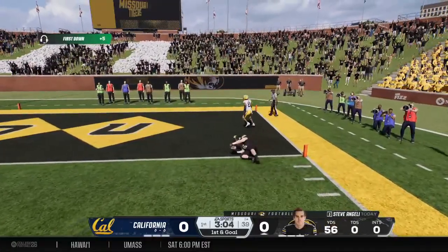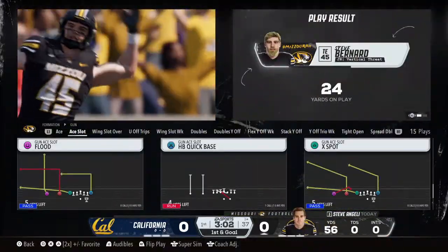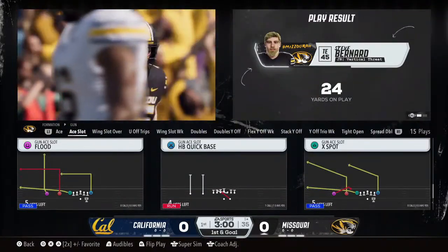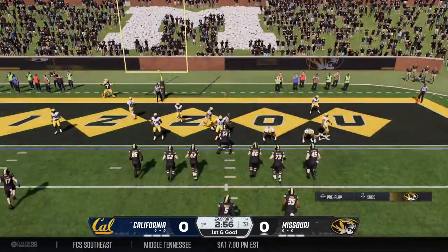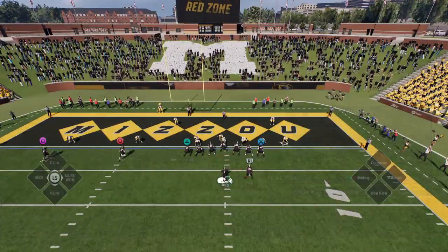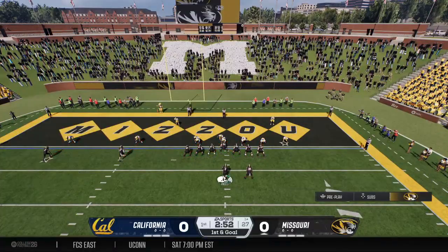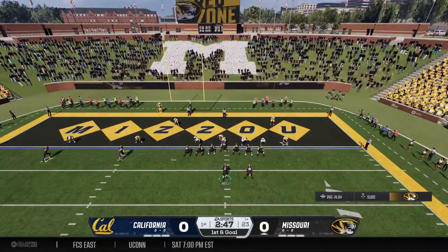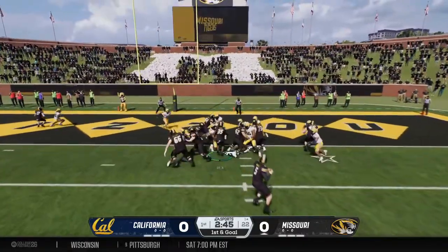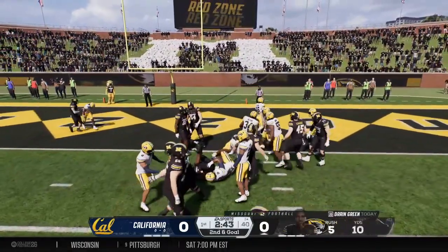Got his man downfield. They'll get him stopped just short of the end zone, but they're in business here with a 1st down. And that's a really good example of a quarterback and his intended target both being on the same page. The timing was almost perfect on that play. That's why they were able to convert the 3rd down, now setting up for